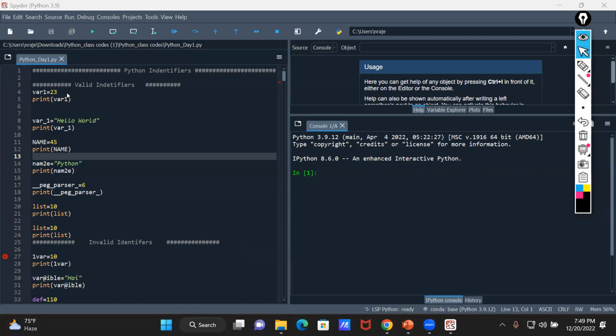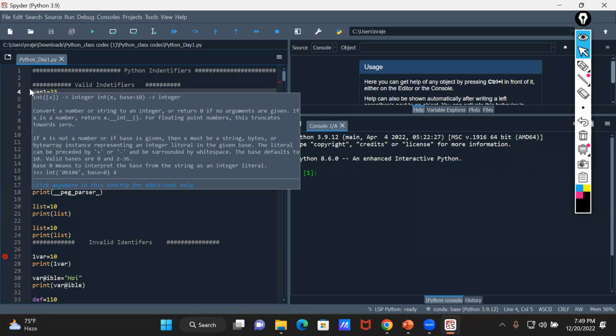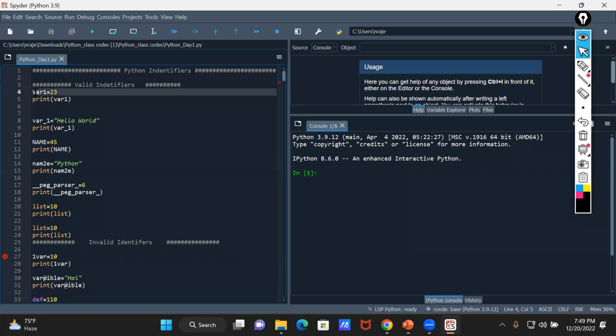Yes, this is the code with valid identifiers as well as invalid identifiers. Now, variable one, which does not start with a digit and is not a keyword, let's assign this. Okay, let me drag here. Let me execute. So you can see here, Python, Spyder is the IDE, which is used for machine learning algorithms